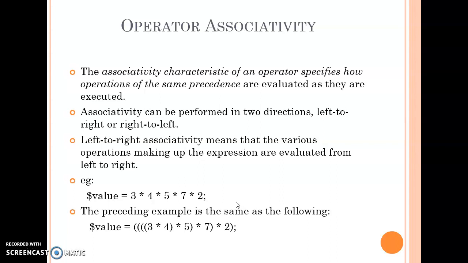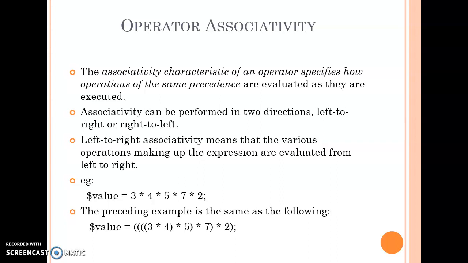Operator associativity. Operator associativity is a characteristic of operators that specifies how operations of the same precedence are evaluated as they are executed. Associativity can be performed in two directions: left to right or right to left. It means the same operator can be used multiple times, so how are we calculating: from right to left or left to right?